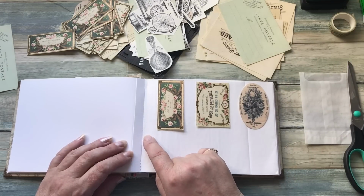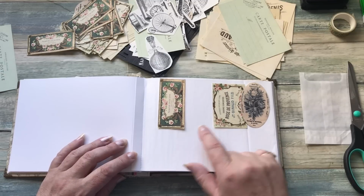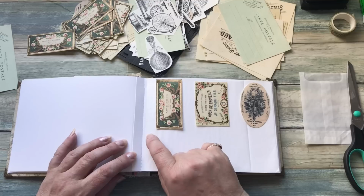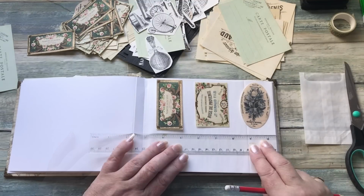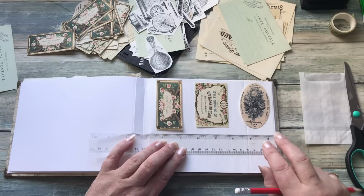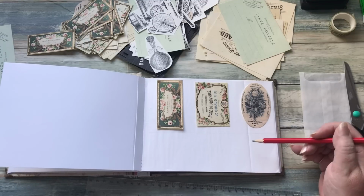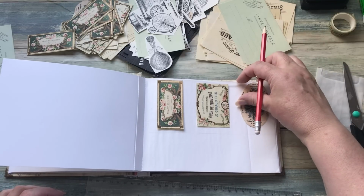So I would need to cut below the fullest length of those labels, all right? Because I need to add some glue onto it as well to form the bottom of the pocket. So I need to leave enough space. And draw yourself a straight line so that you know where you're cutting. Okay. Now, as I say, if I cut that, glue that down as a pocket, the tracing paper itself extends